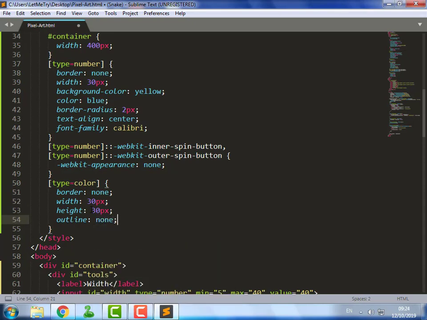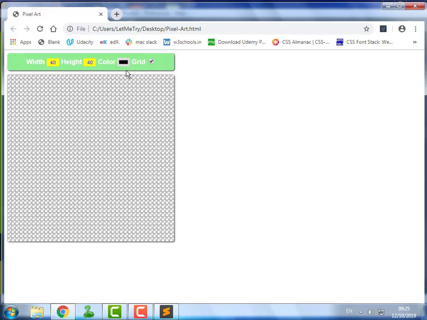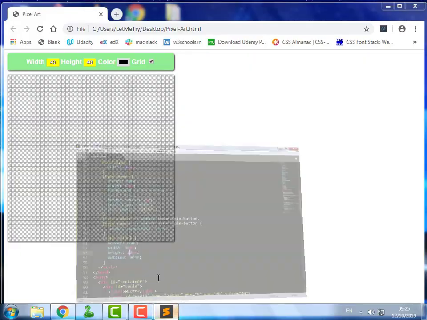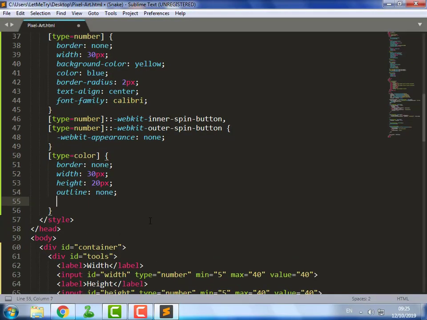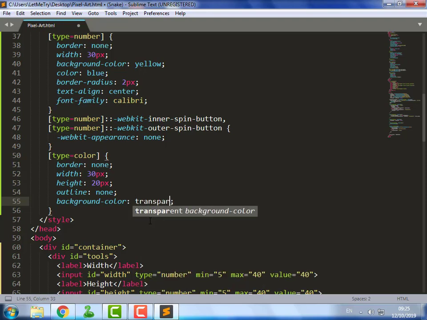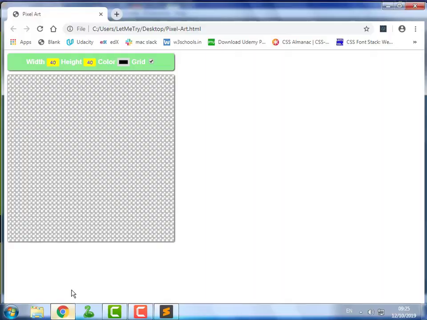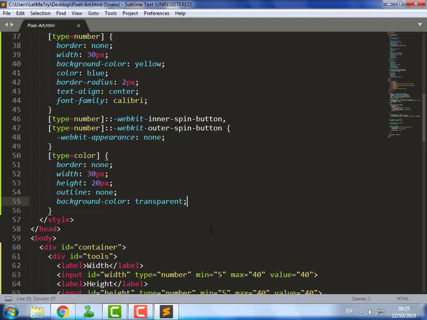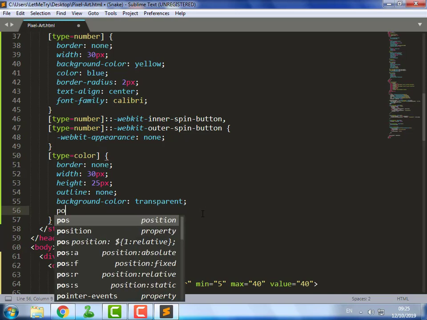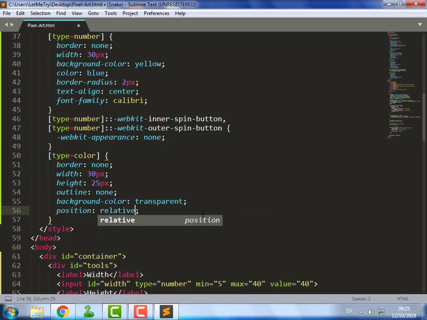Get rid of the outline and the background too. Move it to bottom a little bit.